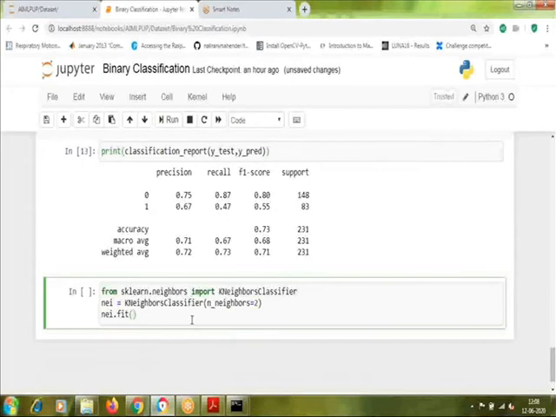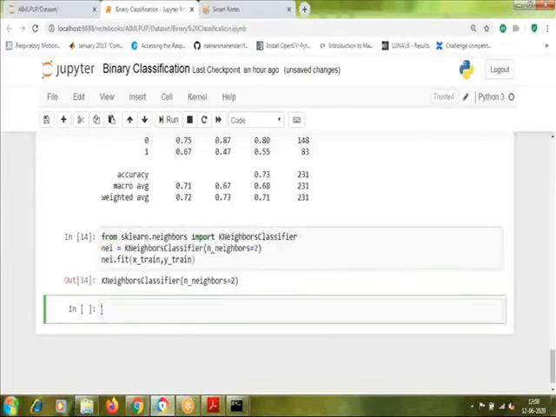You need to train the model with x_train and y_train. Press shift enter to execute the cell. Now this k-nearest neighbor classifier is ready.